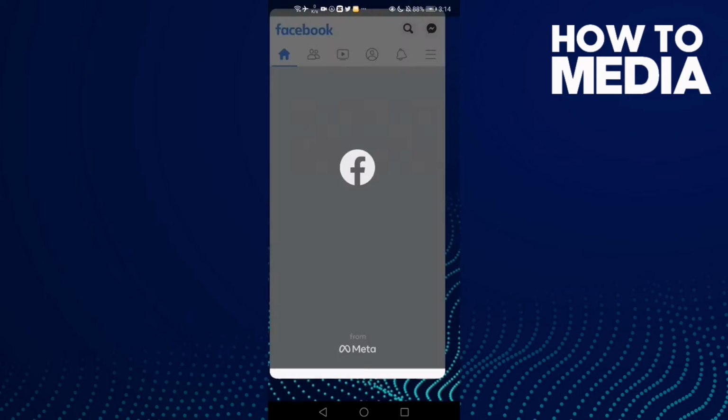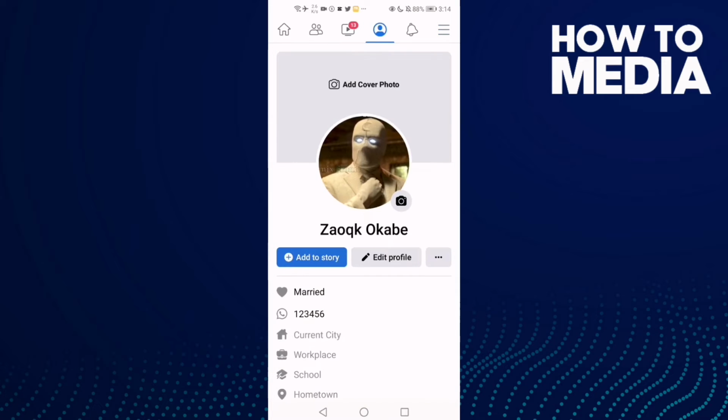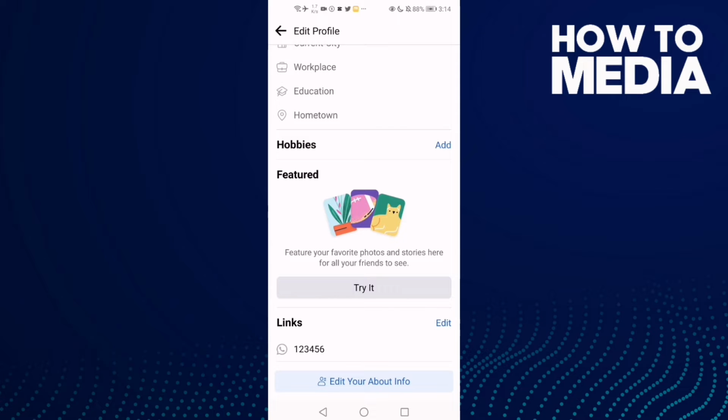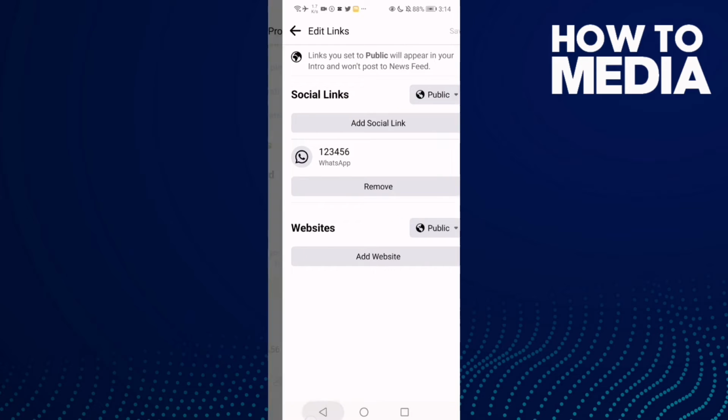First thing, go to Facebook and now click these three lines here in the top corner and click on your profile and then click edit profile, and here just go down and you will find links. Click on it, click edit here